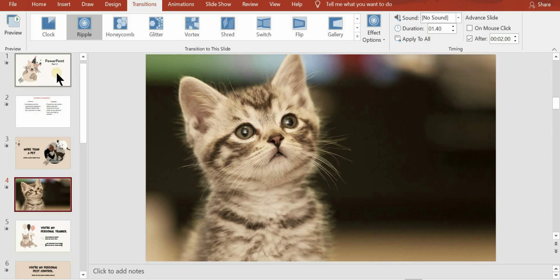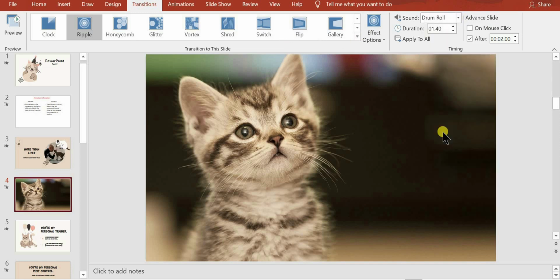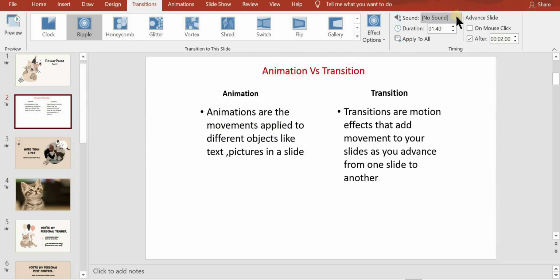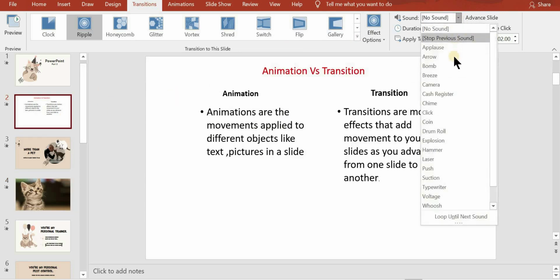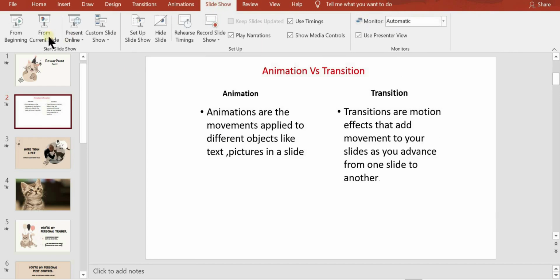So for the first slide I am selecting the sound of drum roll. Then for the second one I am selecting the sound of, which one, camera. Now let's see the slideshow from beginning.